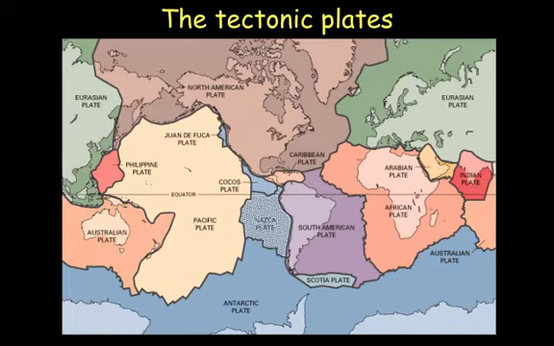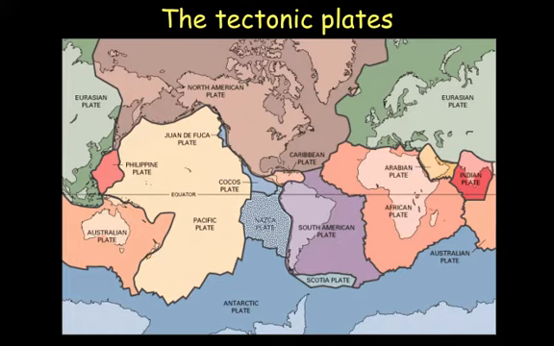So that includes the outermost crust of the Earth, as well as the top part of the mantle, that's the asthenosphere. It's a gooey layer that underlies the crust in the uppermost mantle that these plates ride around on and